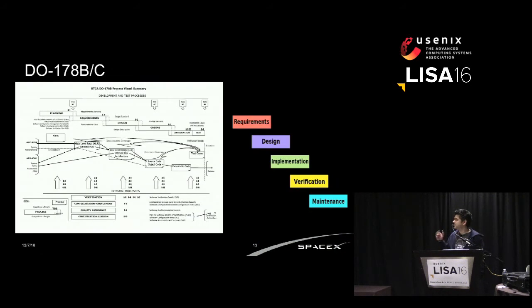Separate to that, as the rest of the industry, and specifically the Defense Department, started dealing with software more and more, they produced standards like DO-178B and C, which are the aerospace software development standard. The development and test process for DO-178B is on the left. And kind of the classic diagram for waterfall development is on the right, and you'll notice there is an awful